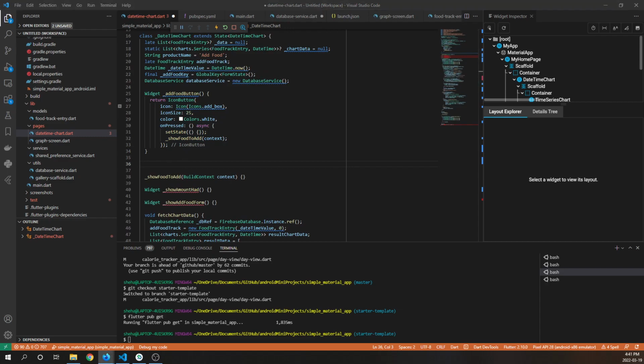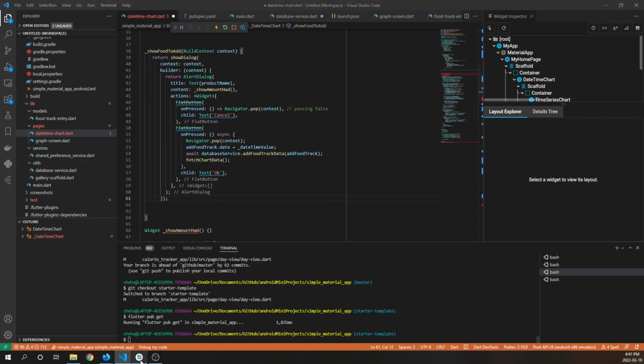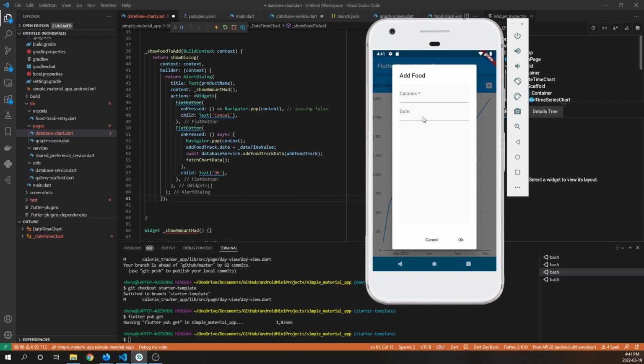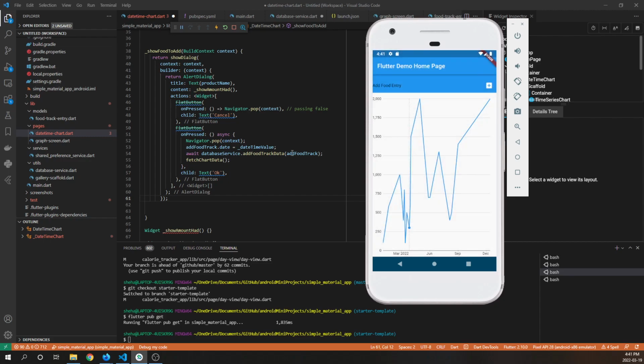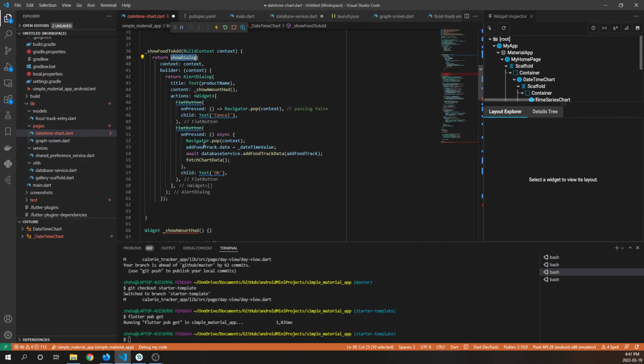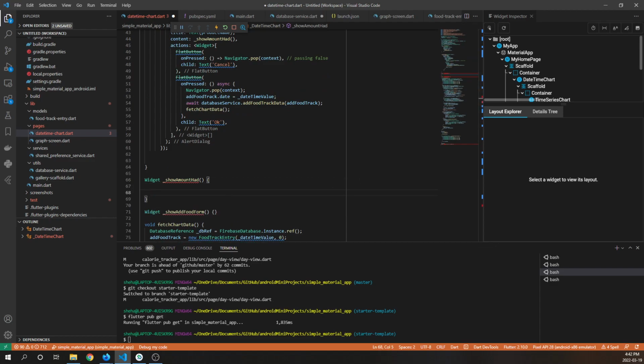Next, we can go to the add food, show food add method, and this is basically the modal that you see. When I click on the plus icon, we can see a modal that pops up. And this modal is created by this logic here. So show food to add, show dialog. And we're going to say show the content of amount add. And in amount add,